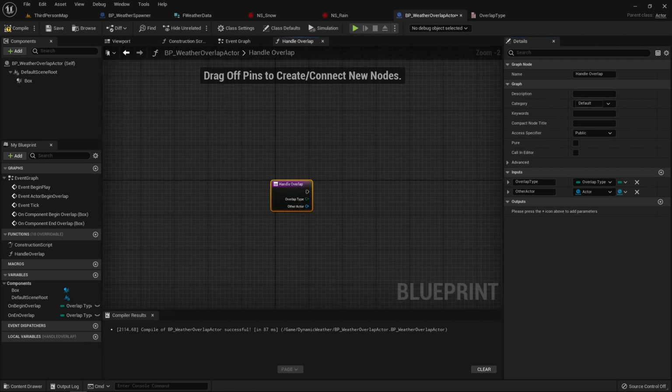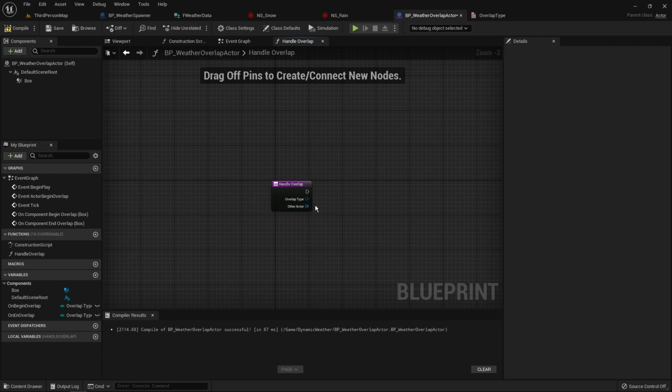Alright, so what we are going to do in this one is, depending on this parameter, call either the set weather data or the clear weather data. So the actor overlapping there,